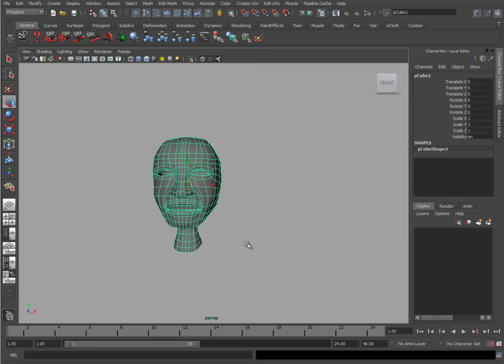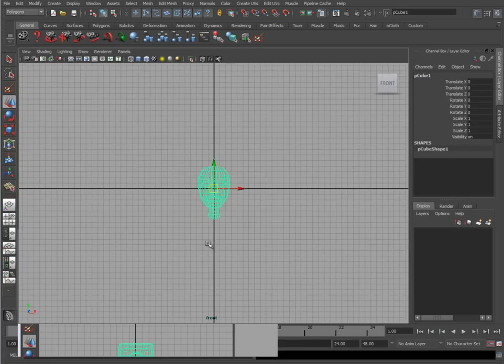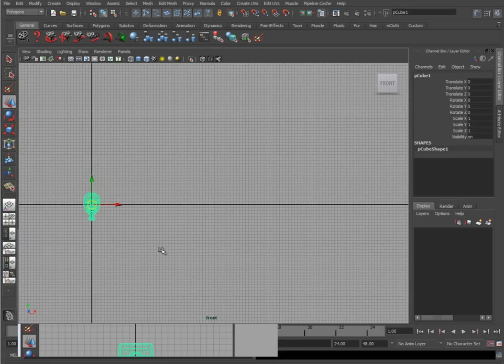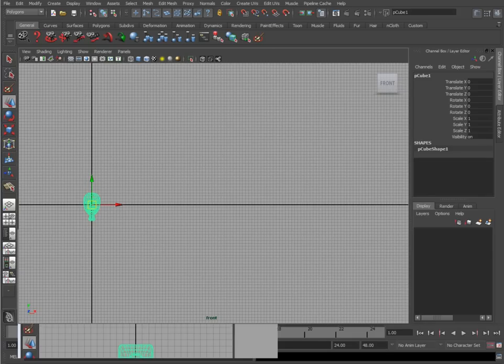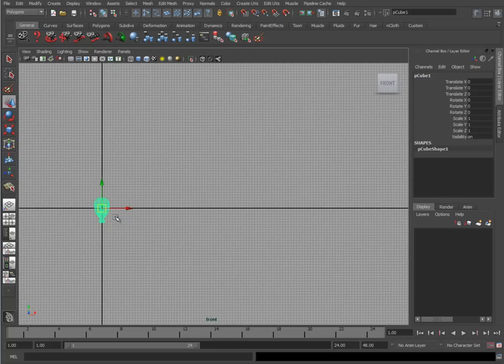Okay, so the first thing that I'm going to do is start by looking at it from the side. Now, I have my PowerPoint with me, and I have all of the names that I know I'll be using based on my little work chart. But before I do that, I'm just going to duplicate this head, and I'm going to move it over. Now, something very important to note. This head we're going to call the master head. That's because this is the head that we end up seeing, and eventually it will be the one that is actually on the character moving around. This head we are going to call final